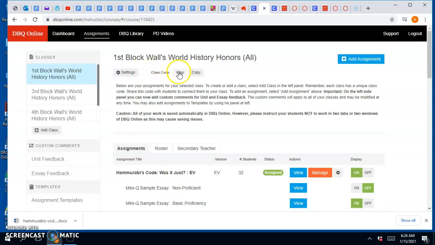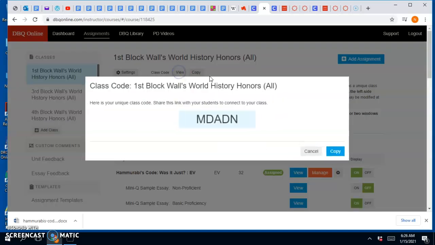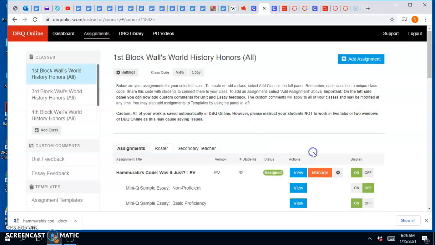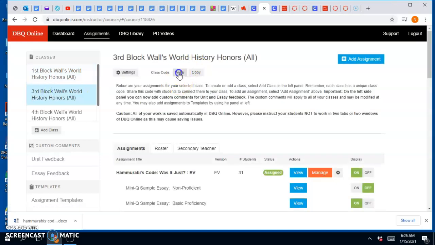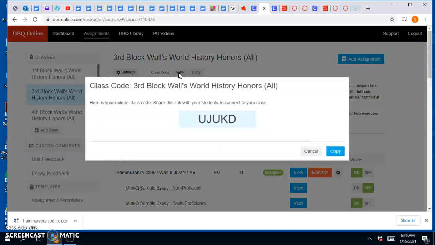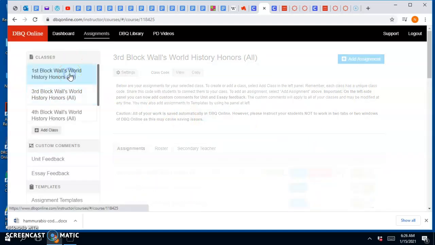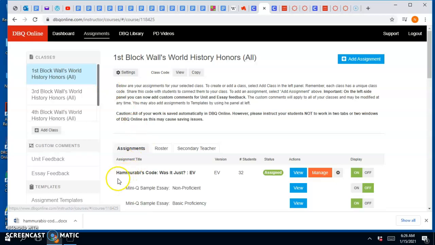First block, your class code is capital MDADN. Third block, your code is capital UJUKD. Okay? Once you open those, first and third block, you're going to see that you have DBQs already